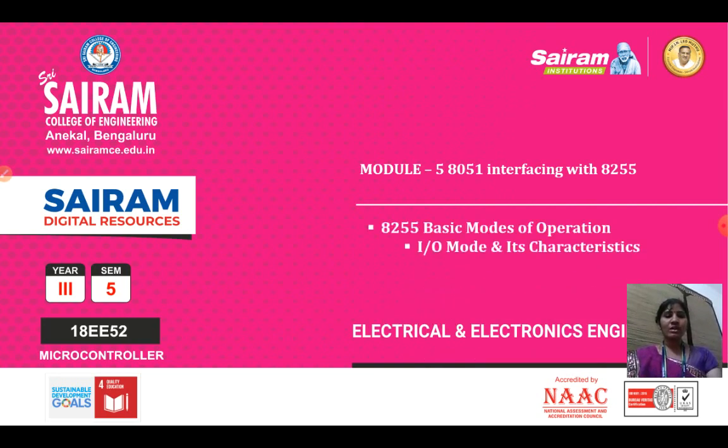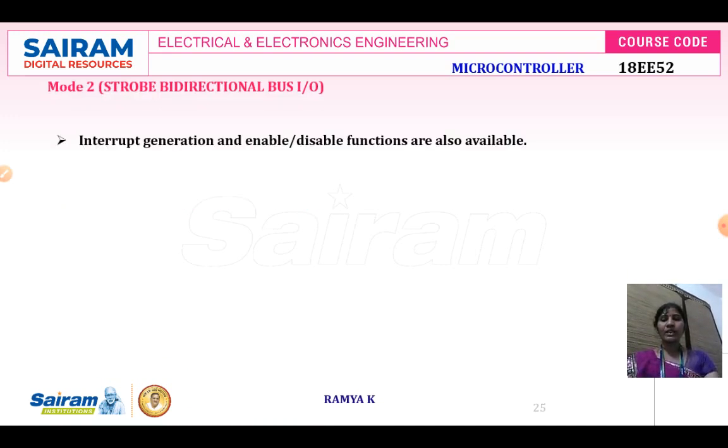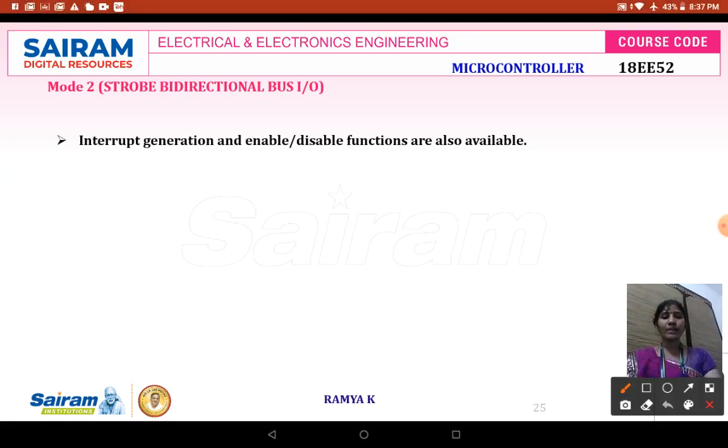So in this IO mode characteristics, mode 2, which is nothing but strobed bidirectional IO, this is the key description of your mode 2. In mode 2, the interrupt generation and enable/disable functions are also available. As we discussed earlier, mode 2 will serve as a strobed bidirectional bus IO. In this we are going to utilize only port A. Port B is not utilized. All the 8 bits of port